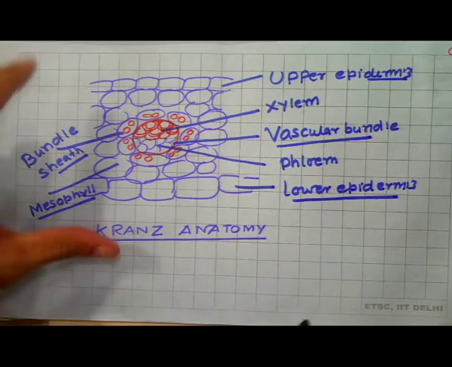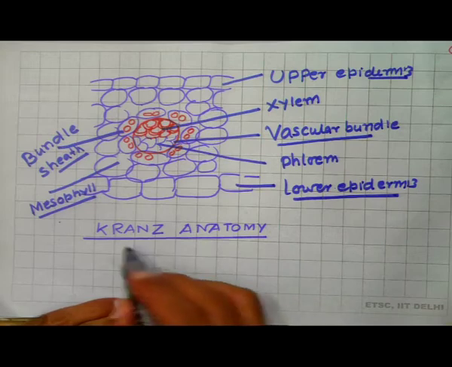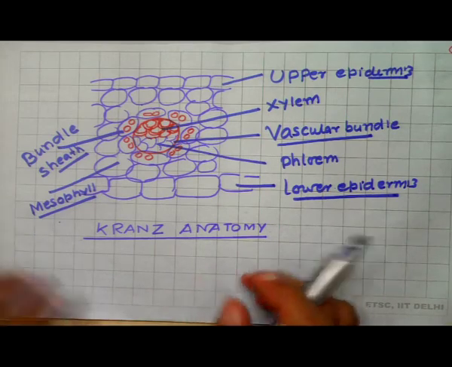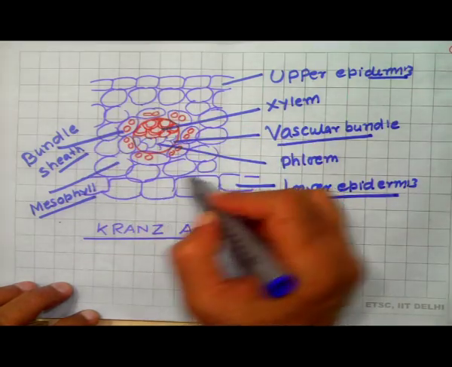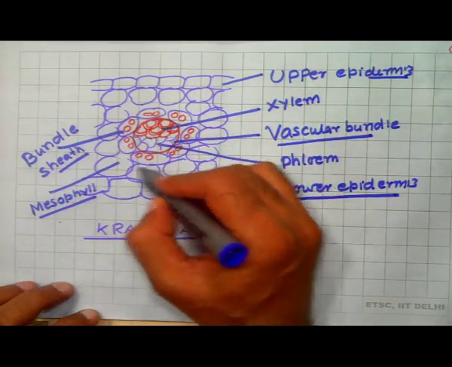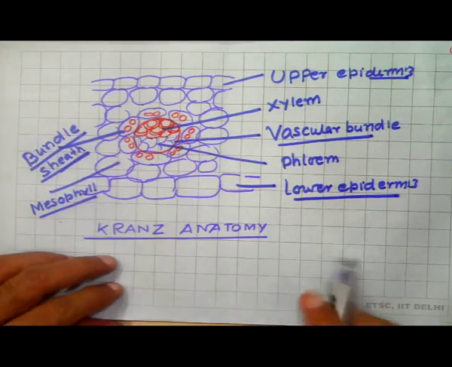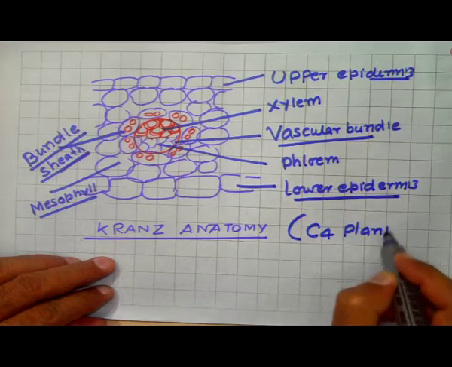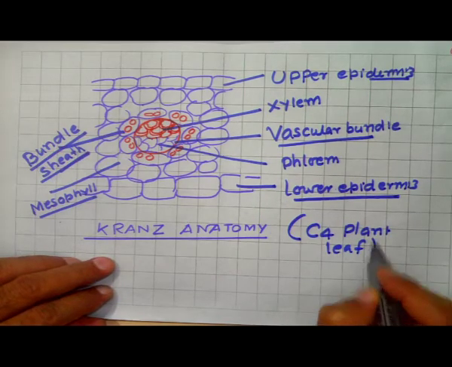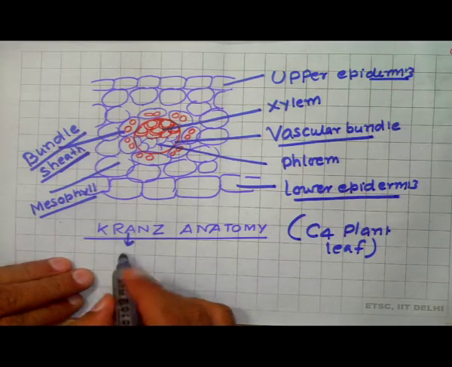So, there is certain specialization in C3 leaf and C4 leaf. This anatomy is called Kranz anatomy. Here the difference is mesophyll have only one type of cell, and the vascular bundle is covered by bundle sheath. This shows the C4 plant leaf, which shows Kranz anatomy, which means